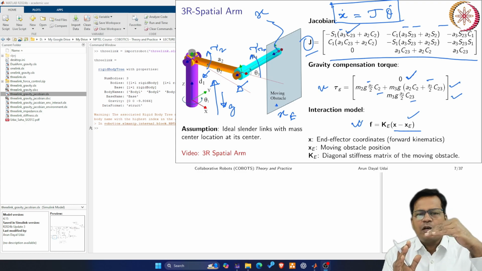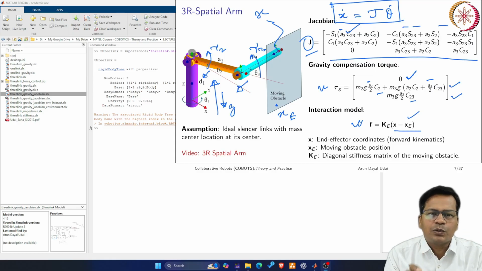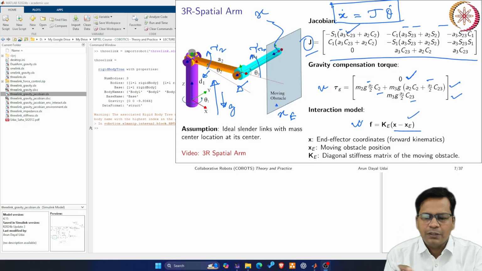So wherever you have commanded your robot to go, it gets into the robot's position and the robot penetrates into that object. If there is any penetration, because of the stiffness of this object, it creates a normal surface force which will resist the robot from getting into this surface.